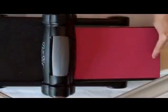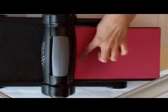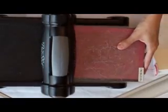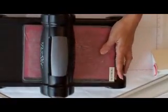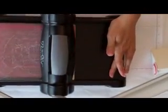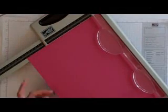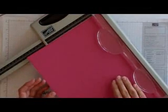I put in a 5.5 by 8.5 piece of cardstock. This is the Rose Red. There you have it. So the next step would be to take your piece of 8.5 by 11 of cardstock,